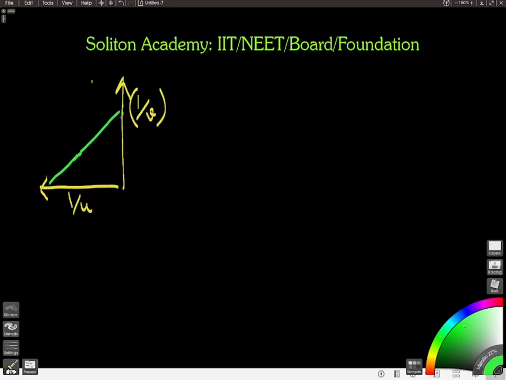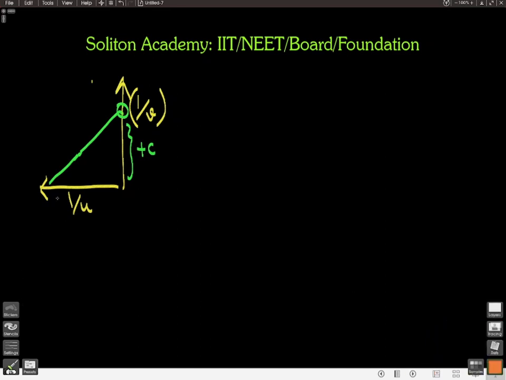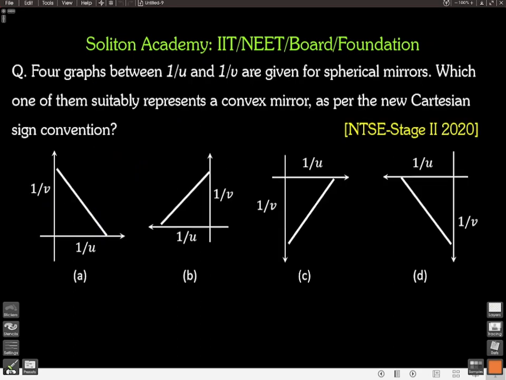Now the intercept on the y-axis is some positive constant. So this is something positive, plus c. The slope, as we know, is also positive and it is 1. So this angle is 45 degrees. So our answer is basically